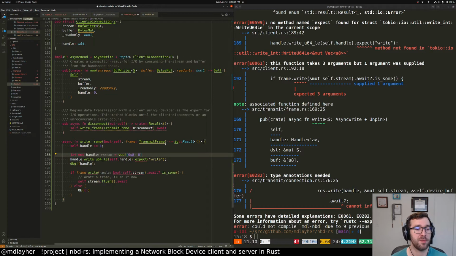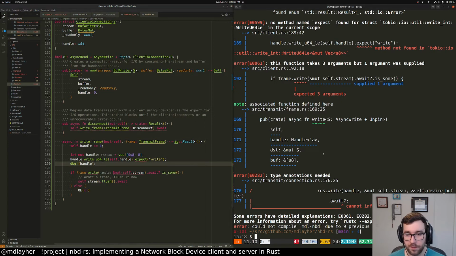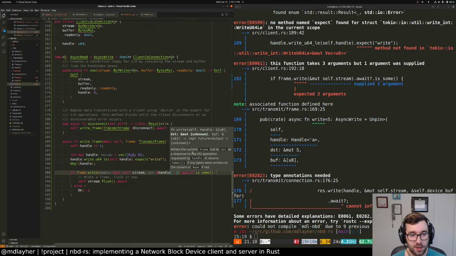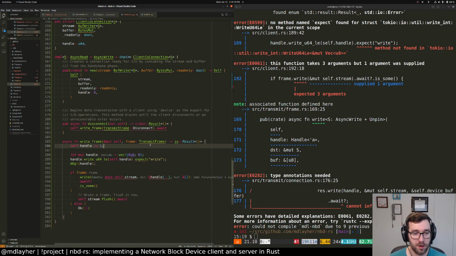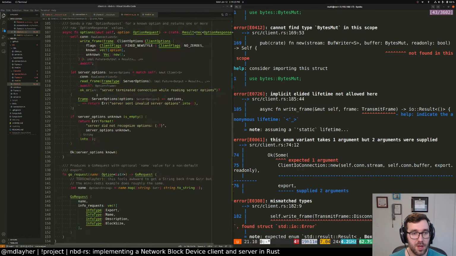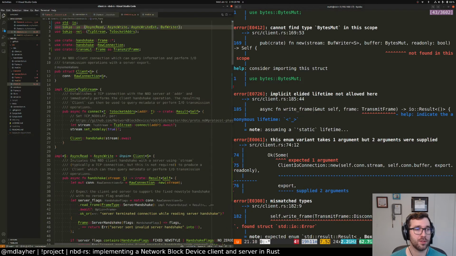So first of all, the vector has to be mutable because we have to be able to write into it. Write still has to take a handle, which is going to be our slice of bytes, and then a buffer, which is going to be, for now, just an empty buffer for the time being. Let's see here. BytesMut. Yep, we got to bring that into scope as well. So